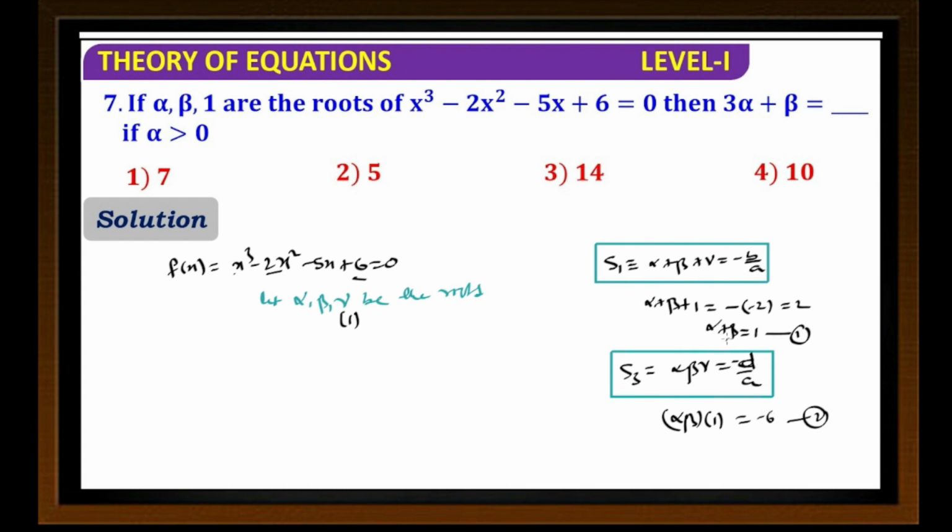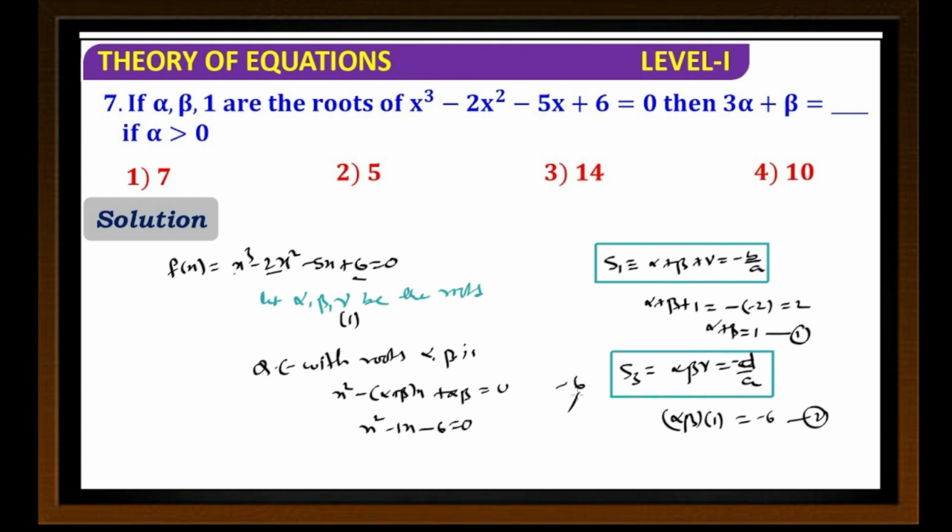See here, the sum of the roots is 1 and the product of the roots is minus 6. So first form a quadratic equation, then find the factors. The quadratic equation with roots alpha and beta is x square minus (alpha plus beta) x plus alpha beta equals 0. That is x square, the sum is 1, so minus 1x, the product is minus 6. Now we have to find the factors.